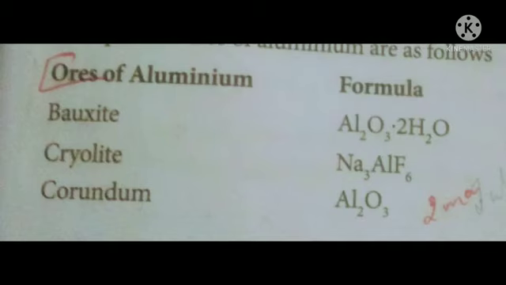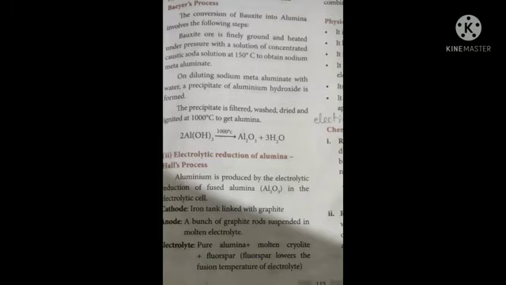After writing the ores, next write the steps. The first step is the conversion of bauxite into alumina. Put the heading as Baeyer's process, hyphen, conversion of bauxite into alumina. Then write stepwise with the formulas and equations. If you are not writing them, marks will be reduced, so learn and write the equations. The last equation is very important: 2Al(OH)3 on igniting at 2000 degrees Celsius gives alumina plus 3 molecules of water.